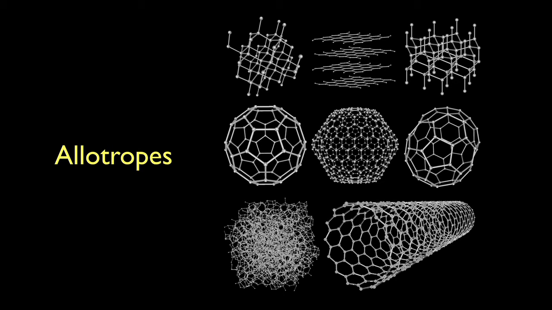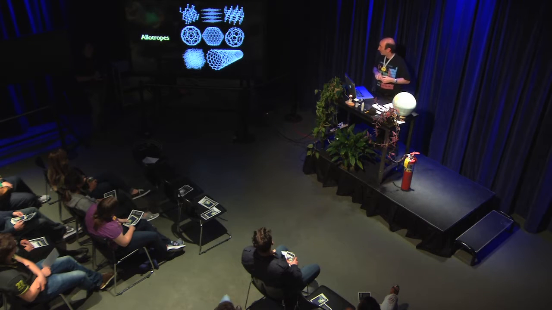The third one is just a mineral. The middle row, those are bonded in a three-dimensional structure. Those are called fullerenes, and we'll get to that. And the bottom row, there's one that's just amorphous carbon. It's just randomly bonded. And then we have carbon nanotubes. The graphene that we're going to look at tonight is more like the graphite at the very top middle.